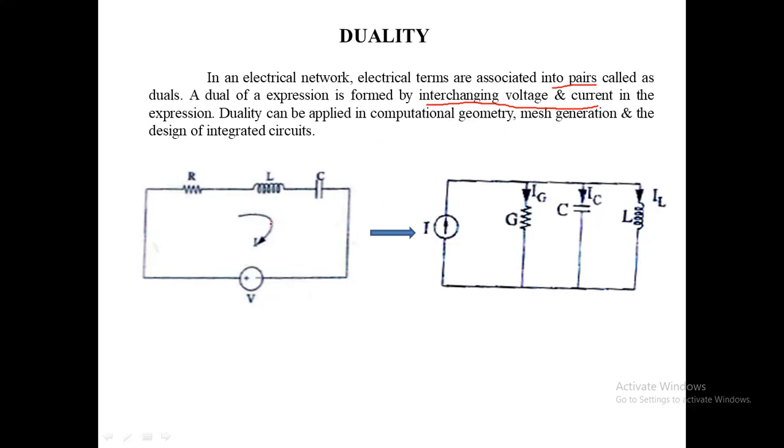Here consider this circuit. It has R, L, C in series. In this duality we have to convert resistance into conductance. Just the opposite, we have to interchange each into its opposite. Here the opposite of resistance is conductance; 1 by R is the conductance. We have to convert this resistance into conductance. And next, inductance: we have to interchange inductance into capacitance. Next one is capacitance: we have to convert it into inductance. Just convert each into its opposite.